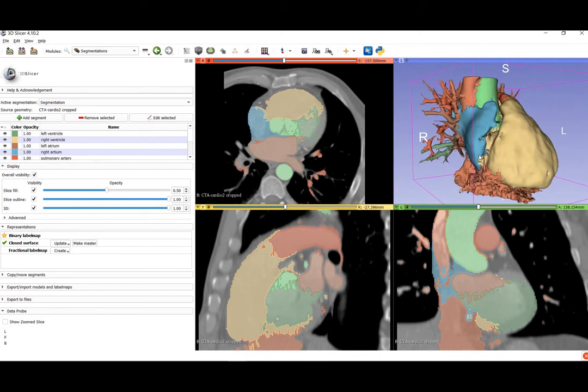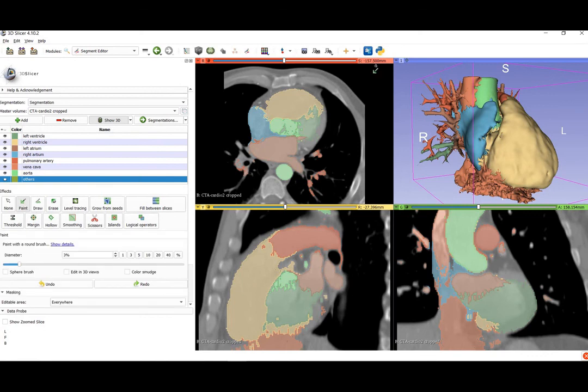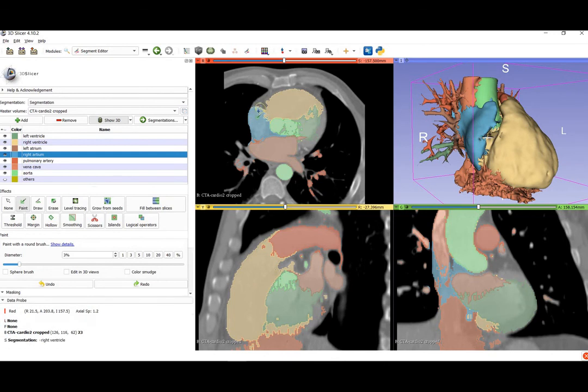Now after doing this, if we have to make any refinements, if you see here, there is some part we have to refine. We are going to edit the selected segment and select the paint tool and select which segment you have to edit. Select right atrium, and you can see here by pressing here, you can edit to the level required.